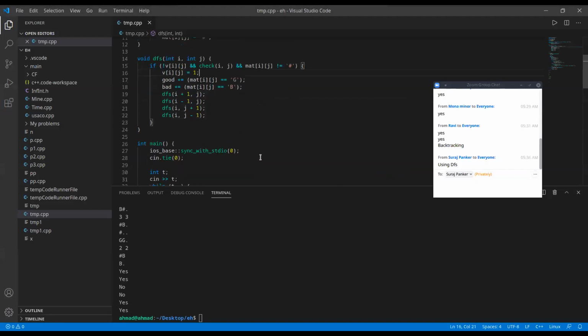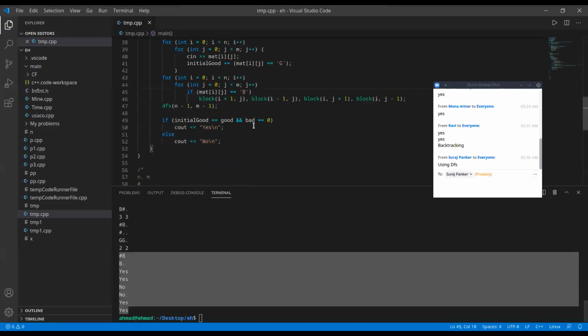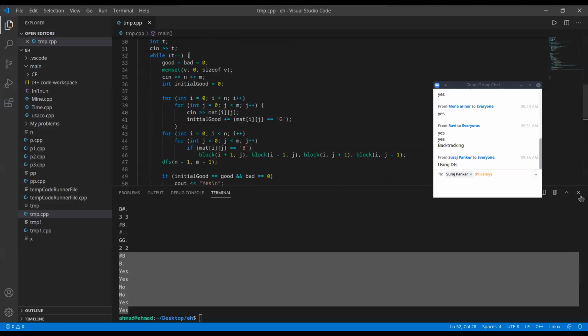Okay, actually I didn't save the code, so it runs here correct. Okay, so here is the final code.